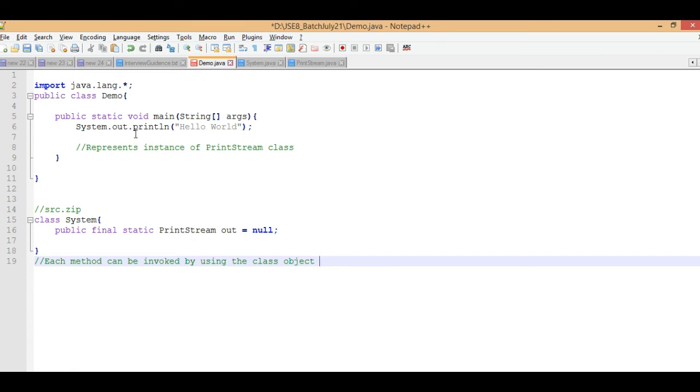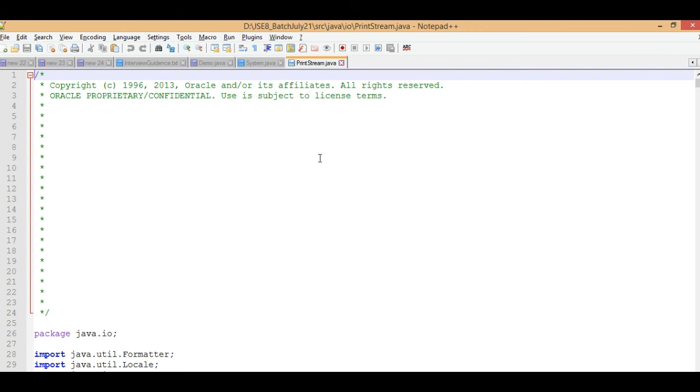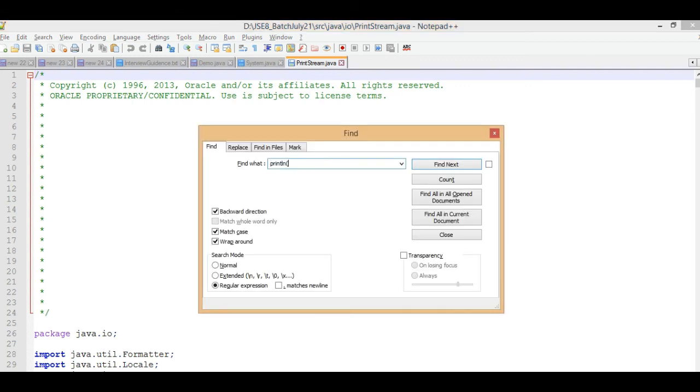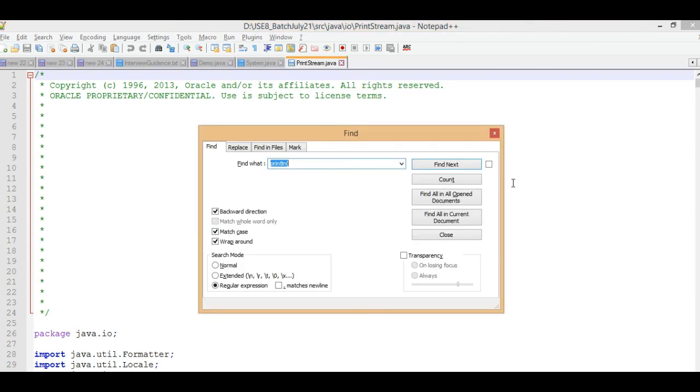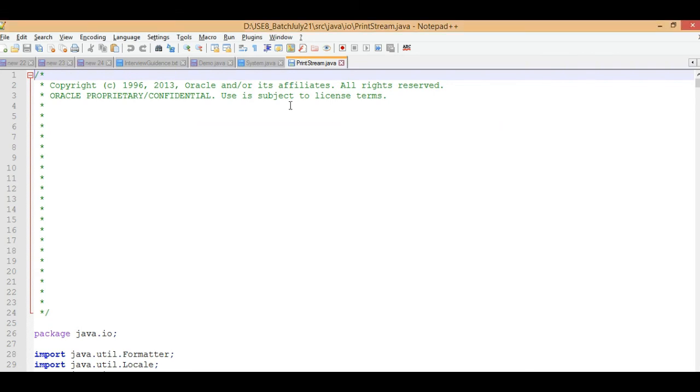So I would like to invoke the println method, and this method is defined... what's going wrong? What's happening? Let's check.